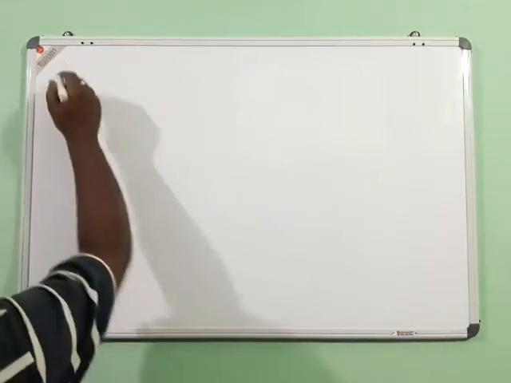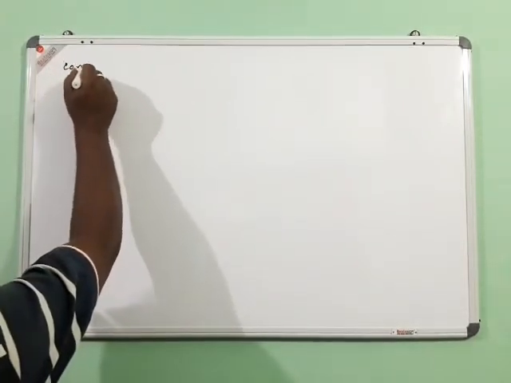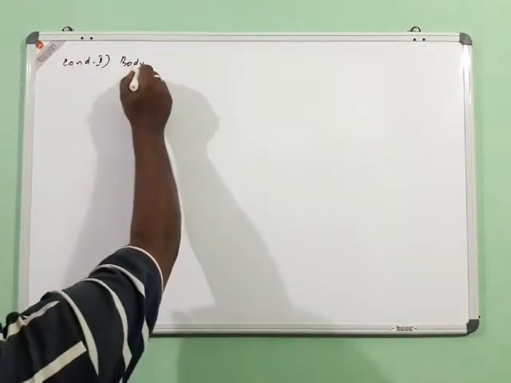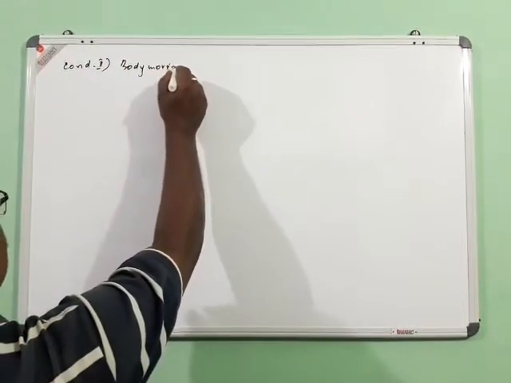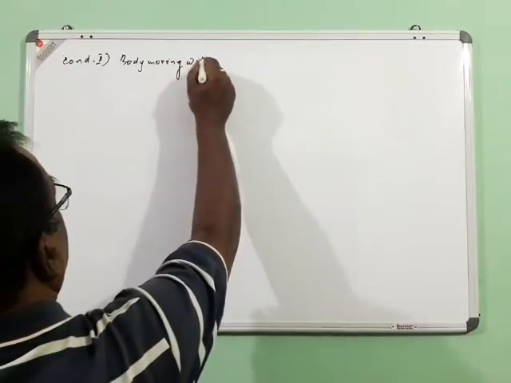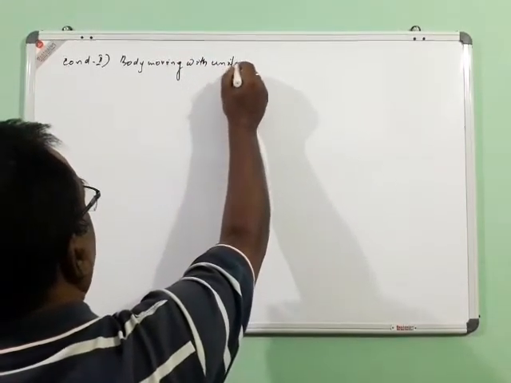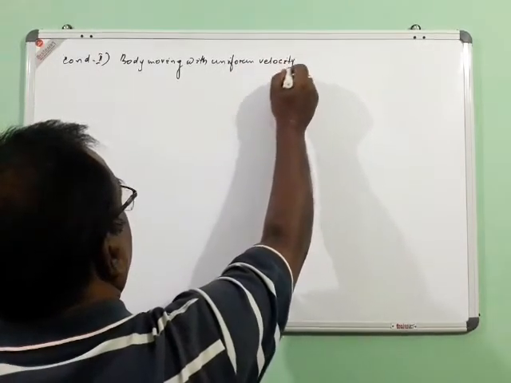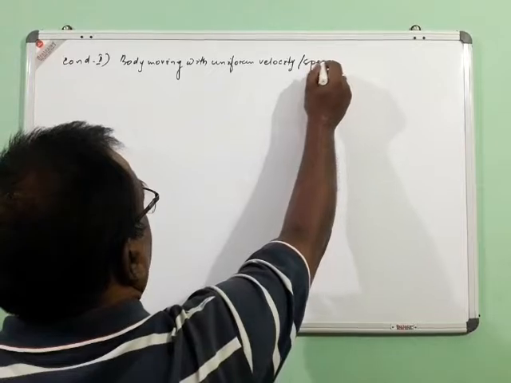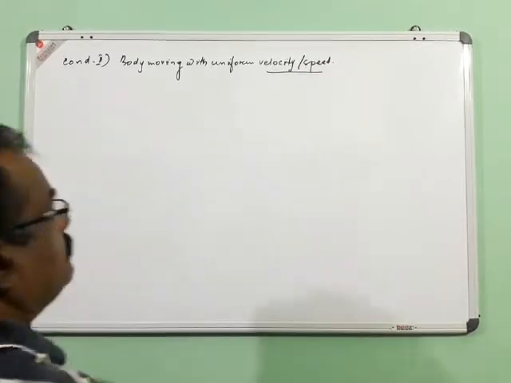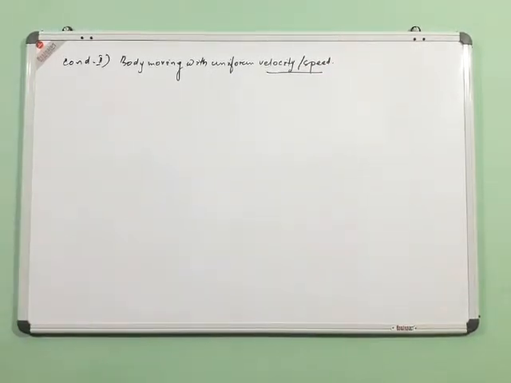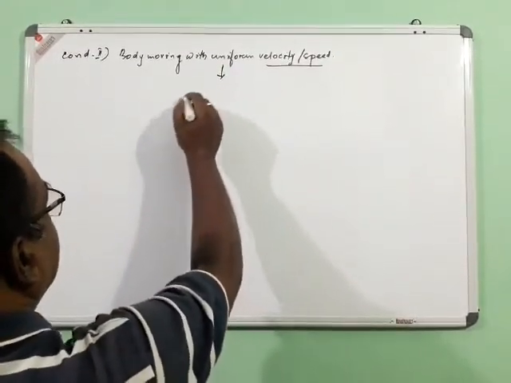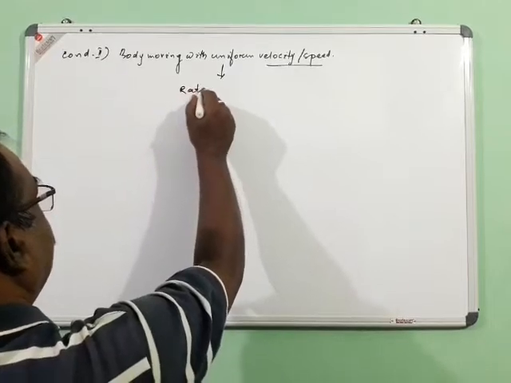Now consider condition number 2, where we can say a body is moving with uniform velocity or uniform speed. As you know from the first part of the discussion, when we say uniform velocity or uniform speed, this indicates the rate of change